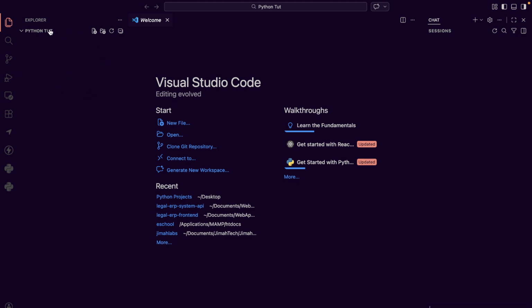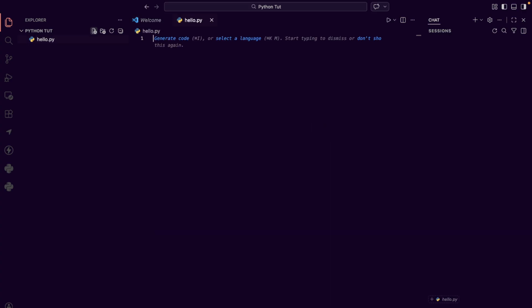So this is your editor. You create a new file by coming here, click new file. You're going to name it hello.py. Hit enter. Okay, so .py is an extension. It tells the computer that this is a Python file. Like, let's say when you are creating a Word document, you're going to see .docx, which shows that it's a Word document. The same thing applies to this. So whenever the computer sees .py, it sees it as a Python file and it can run it.